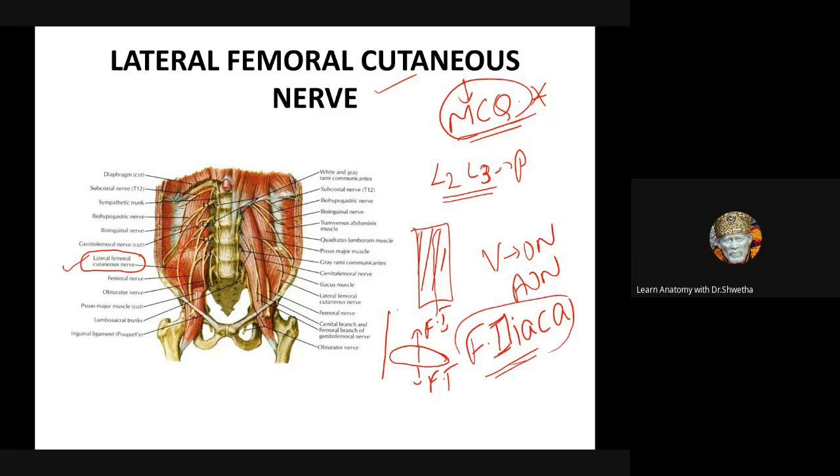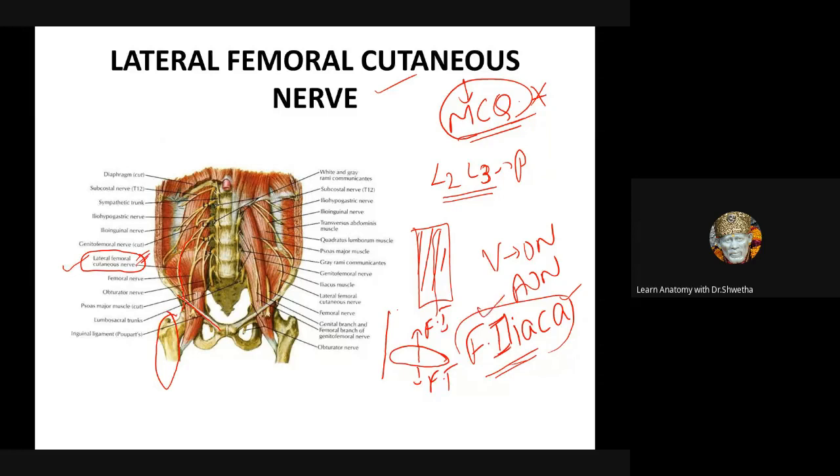Now, it has to enter the thigh by passing behind the inguinal ligament. You can see how beautifully it is passing behind the inguinal ligament to reach the thigh. And what does it supply? It supplies the upper and lateral aspect of the thigh. Now, the MCQ question is, there is something called meralgia paresthetica. You know what happens, students? I said the lateral femoral cutaneous nerve is carpeted by the fascia iliaca. Usually this nerve passes beneath the fascia iliaca, but unfortunately sometimes this nerve passes within the